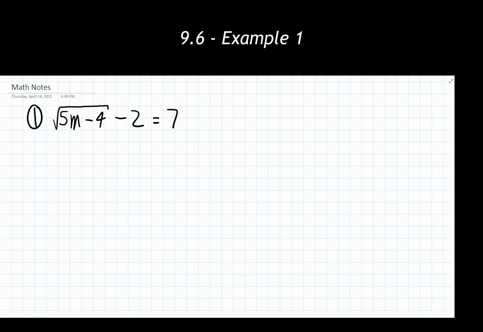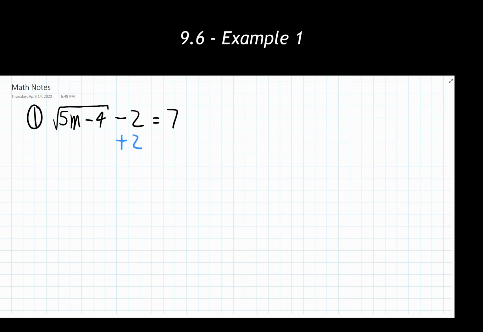Step 1 says to isolate a radical term to one side of the equation. So we have the radical term right here. That's the radical and everything inside the radicand, all as one big thing. You could think of it as a big box, as it were. Now I want to get rid of everything on that side that isn't that radical. So I need to get rid of this minus 2 over there.